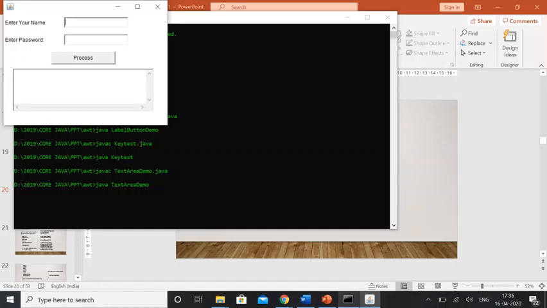Okay, then what next I'll be doing is I'll create the panel object. Panel P is equal to new Panel. Okay, and the default layout of a panel is flow layout, so we'll not change it. In the panel we'll place the components, that is P.add(L1), then P.add(T), that is the text field. So now our panel is ready.